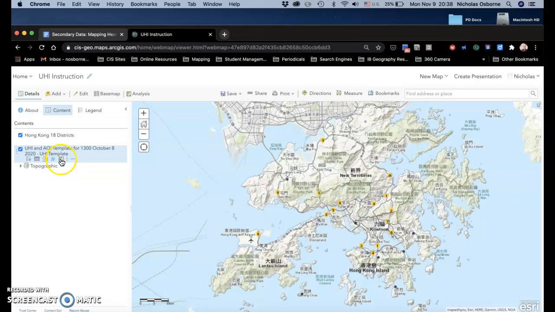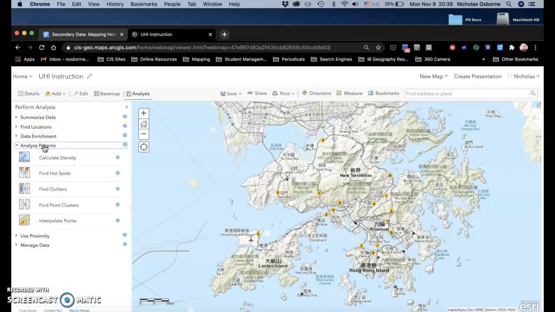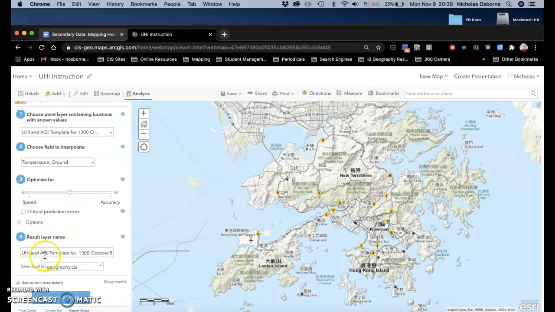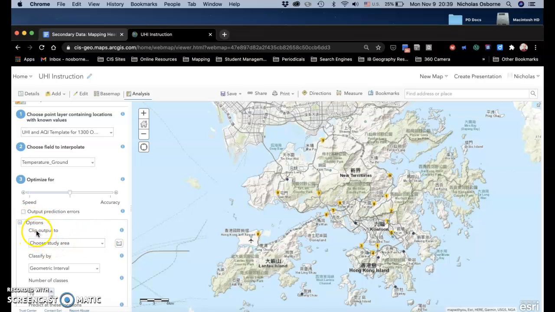This symbol here, which is called Analyze, you can click on that. You're going to analyze patterns. You're going to interpolate points down here. This is where you're getting information from. You're going to change this to temperature ground. Then don't worry about that stuff there. You want to call it something. So I'm going to call it UHI temp. We can't call it the same between us. You have to come up with a new name for everybody. Save the results where that's going to go. Click on options. Clip output to